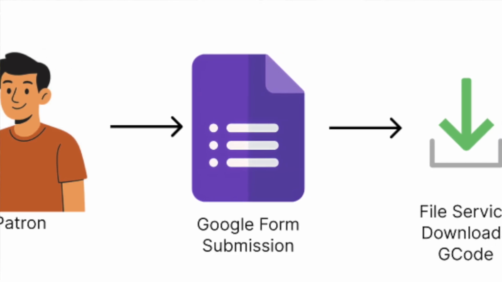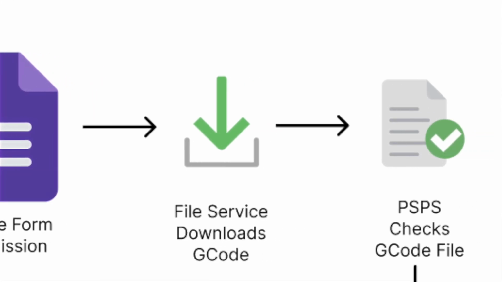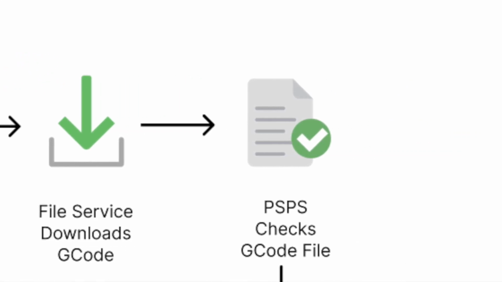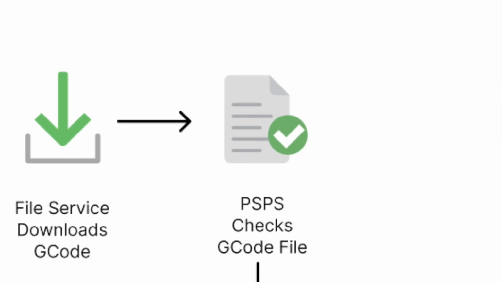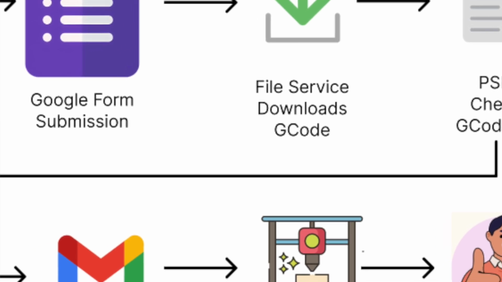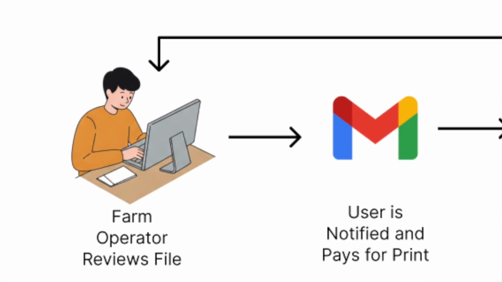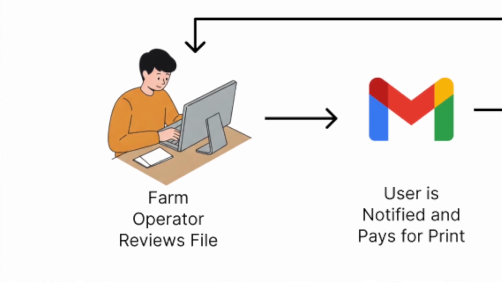At this point, our file service will download that G-code and pass it to the print submission processing service, which is going to perform some checks to validate that the G-code will not in fact damage the printer. Now, at this point, our farm operator reviews the file to ensure that all the determinations made by the system are in fact correct and that it can be printed, at which point the user is notified that they must